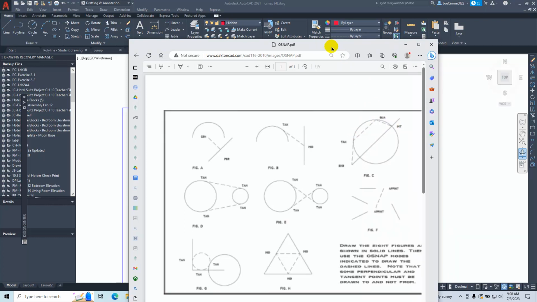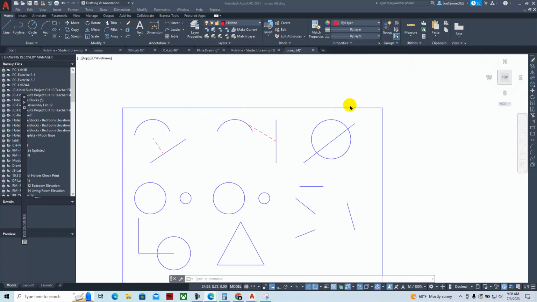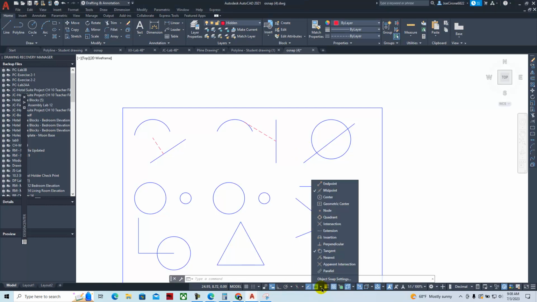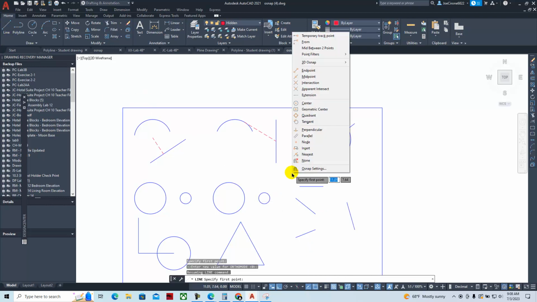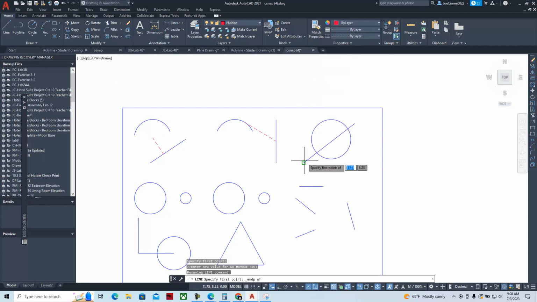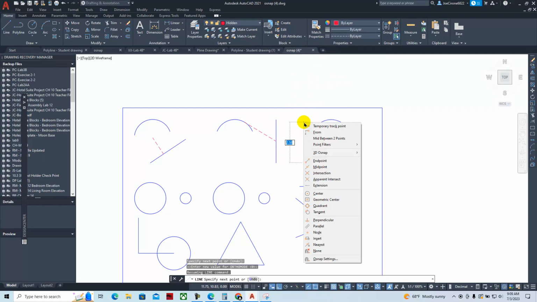And on this one, what we're going to do is use shift and the right mouse button to enable those. Now we can certainly come in here and enable some of these other Osnaps, but rather than do that, we're going to just leave it set up with midpoint and tangent, and we'll acquire our Osnaps by holding the shift and the right mouse click, and then we'll check endpoint, and then when we come here we'll get the endpoint, shift right mouse click, tangent,